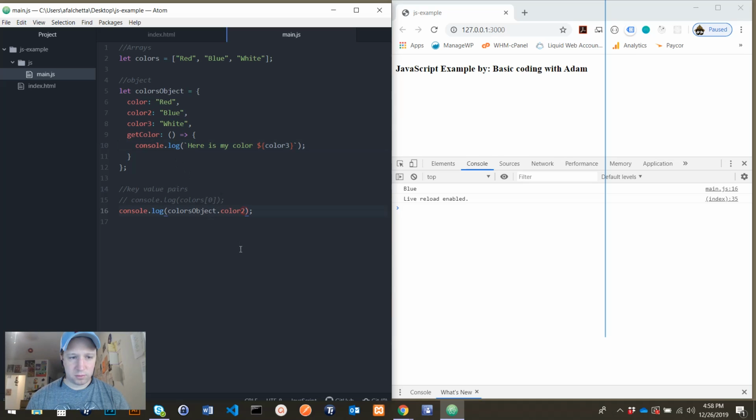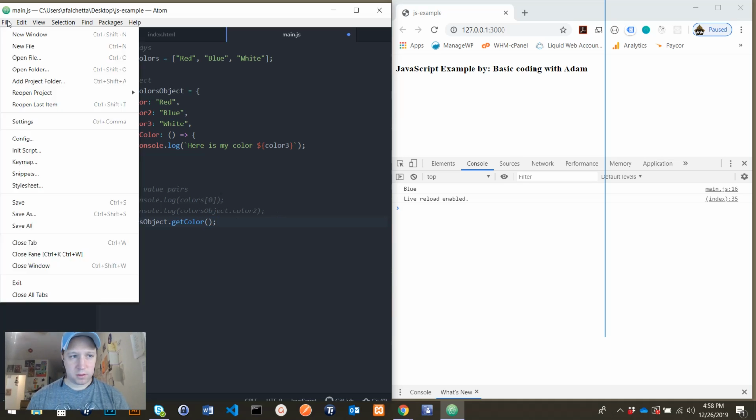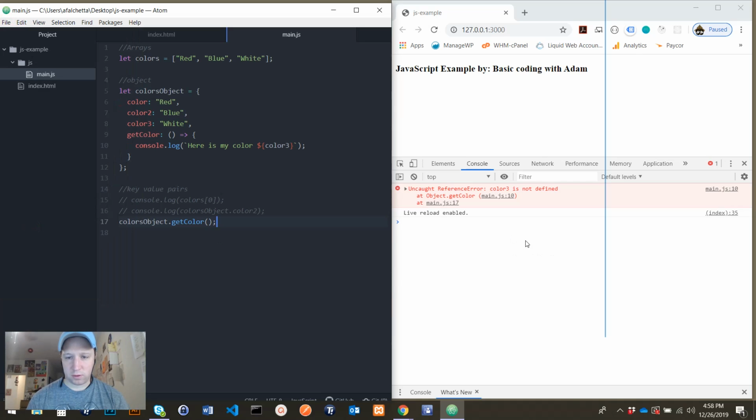Okay, so here down we have two. Let me just cancel this out. So this, when a function is inside of an object, it's called a method. Okay, so we need to call it. So we need colors object dot getColor to call our function. Color 3 is not defined. Oh, because that's not a variable. All right, whatever. Anyway, so point is,